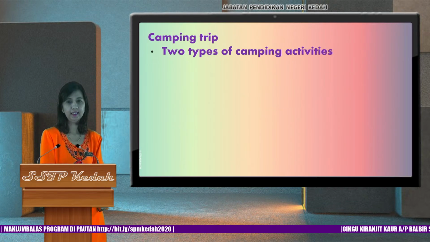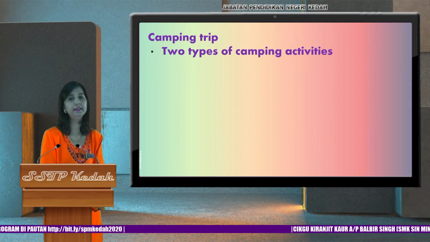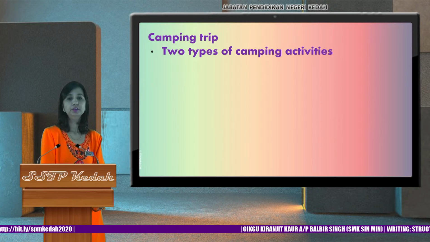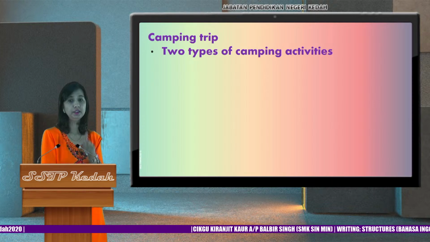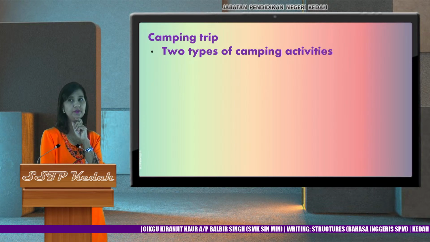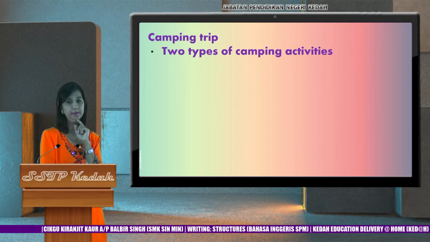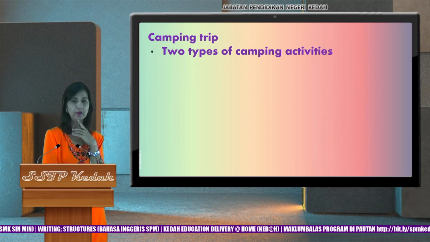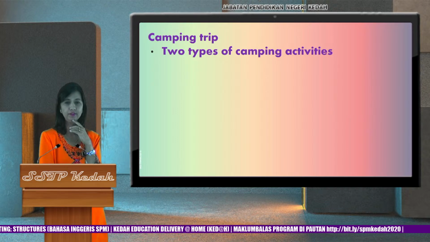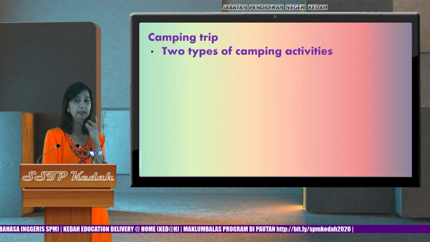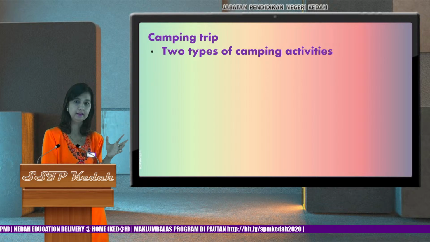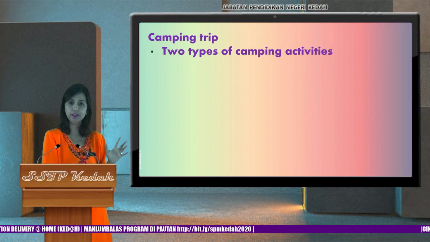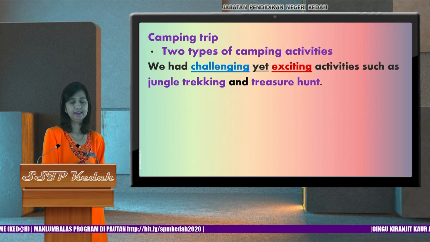Go on. Okay, let's say in the content point they have given you camping trip, two types of camping activities. So you need to think of two types of camping activities that you have when you go for a camping trip. Can you think? Can you type in the comment what kind of camping activities? I'm sure you have gone for camping before. So think of types of activities that you have during camping. Could be in school, could be in a jungle, could be in a field, could be in a resort or by the beach.